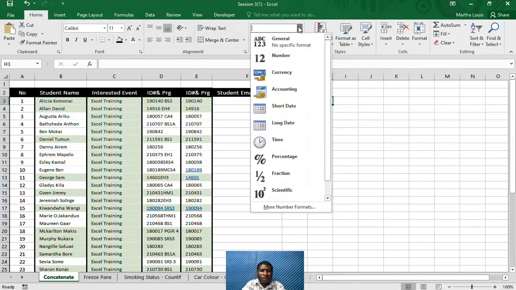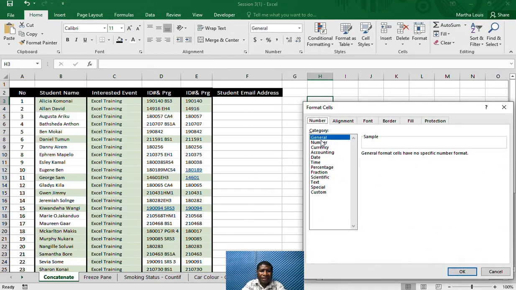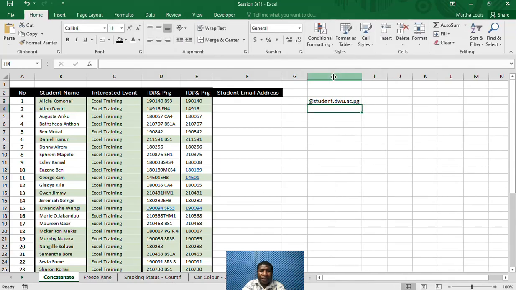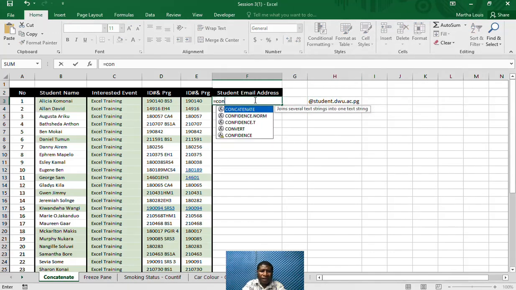We have to change the format, which should be text, say OK, and type @student.dw.ac.pg, press enter. Okay, so we have this text, so we'll type equal concatenate,